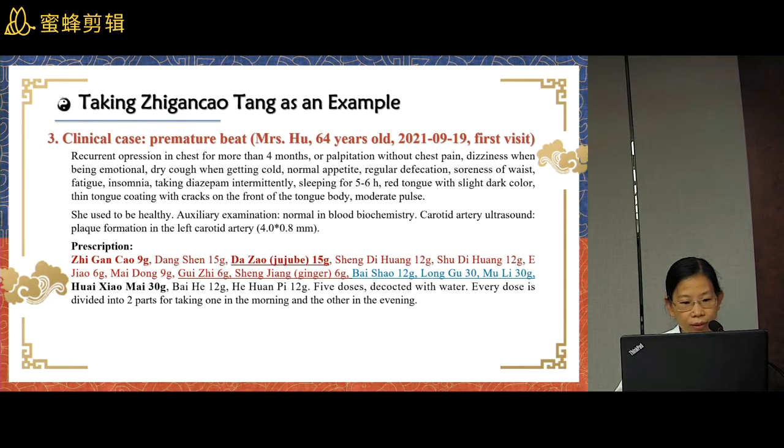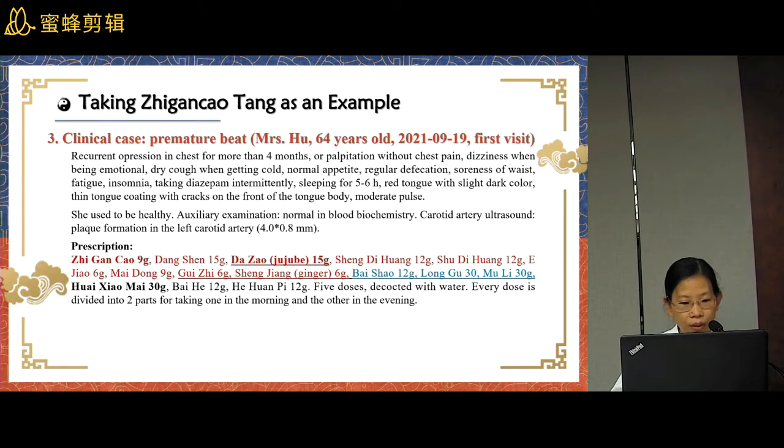As we can see from the PPT, I marked the ingredients to better display the structure of the prescription. Ingredients with a brownish red color are from the original 炙甘草汤. Considering there were cracks on the tongue, I added 白芍 for nourishing blood. In this prescription, 炙甘草、大枣、桂枝、生姜 and 白芍 form the formula 桂枝汤. Adding 龙骨 and 牡蛎, the formula becomes 桂枝加龙骨牡蛎汤, which is also recorded in Zhang Zhongjing's treatise on cold